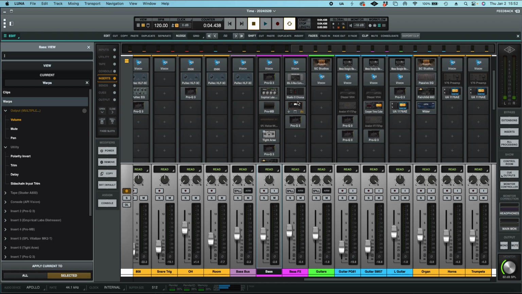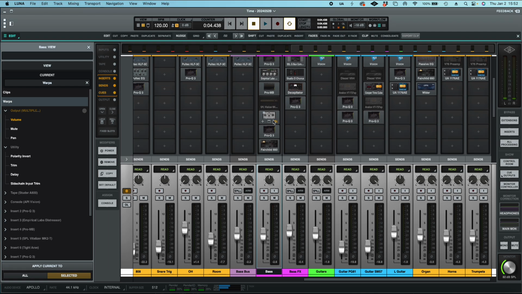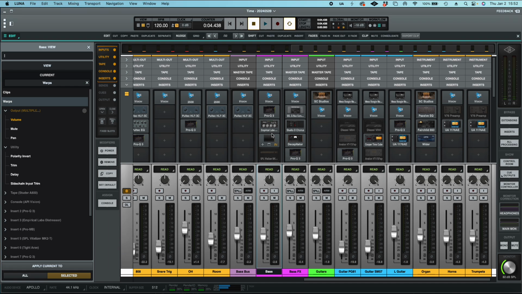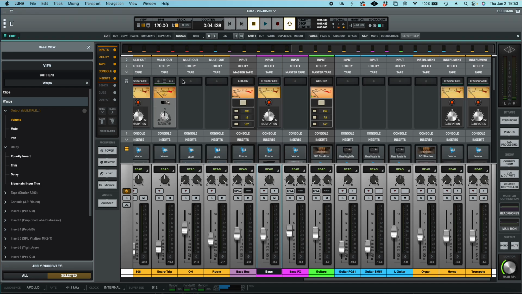You can use all kinds, like on this one particularly, I used a whole bunch of stuff with an EQ and compressor and another EQ and another compressor and all kinds of stuff. But what Luna gives you the advantage of doing, which is really cool, is this. This is a tape slot that is completely independent from the insert